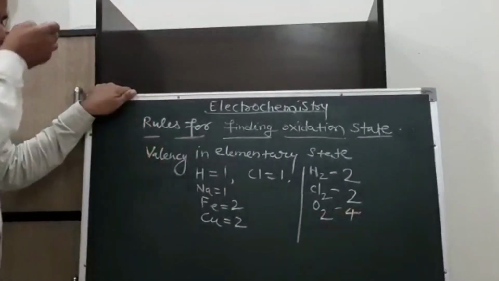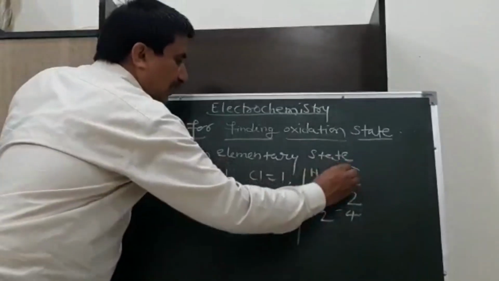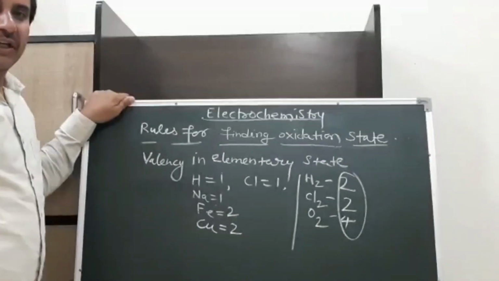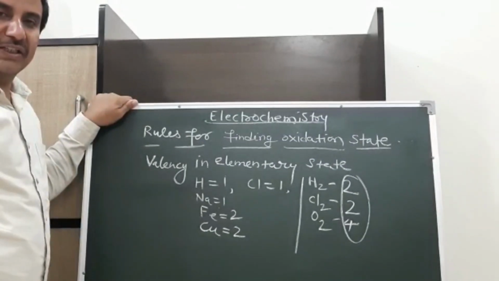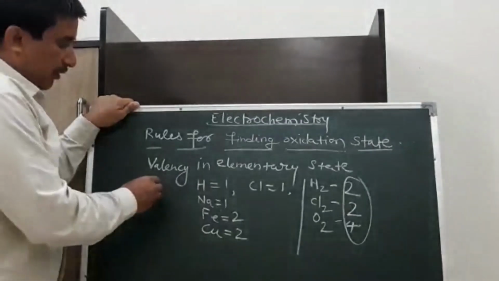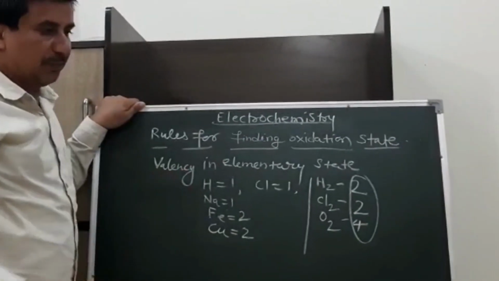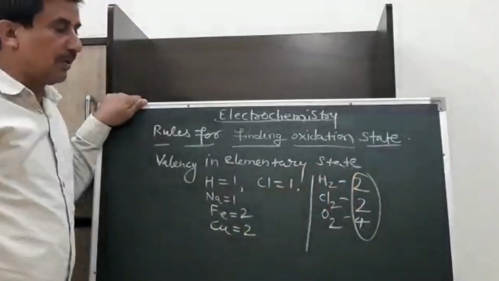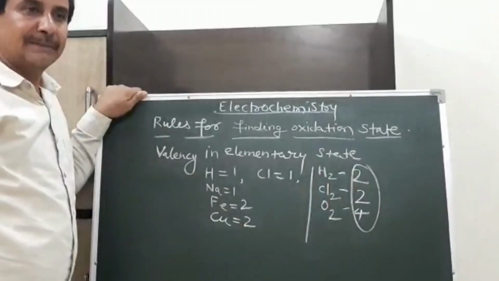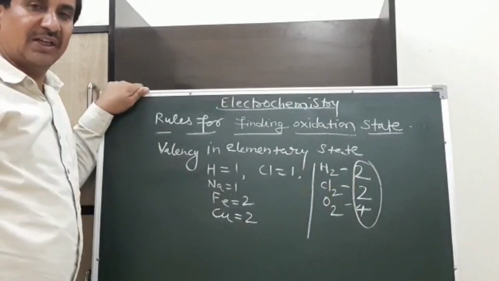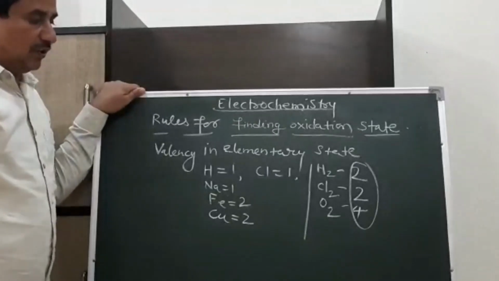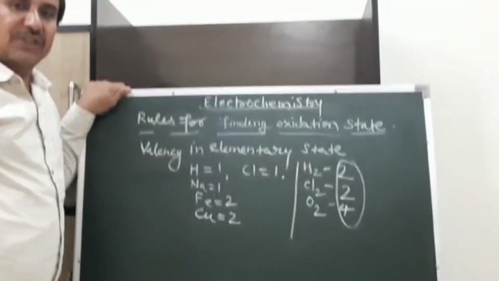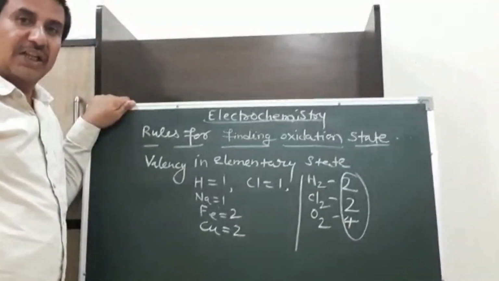that is 4. So these are the valency factors, or we can say the n factors, which will be used in electrochemistry while calculating the mass of the substance deposited at the electrodes. When we divide any molecular mass or atomic mass by the valency factor or n factor, it gives us equivalent mass or equivalent weight. So these were the most fundamental topics which are to be discussed before studying electrochemistry.